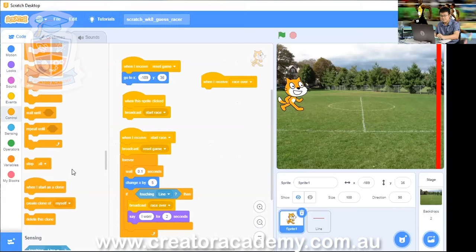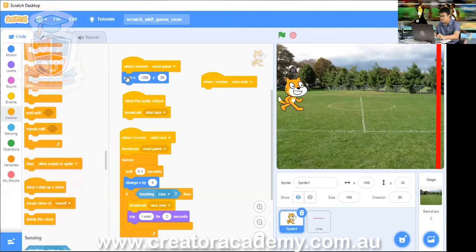And then I go stop. Instead of stop all, we click on the arrow and we go stop other scripts in this sprite. Okay. So stop is in control. Instead of stop all, we stop all other scripts in this sprite.